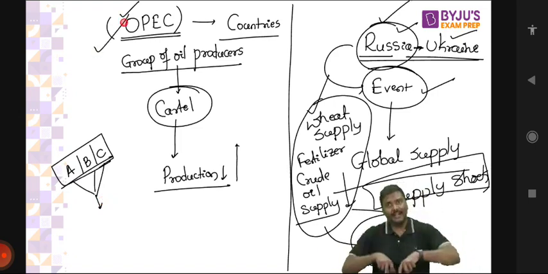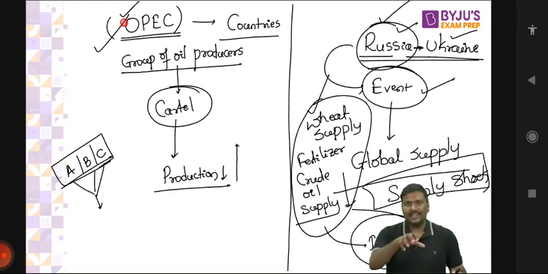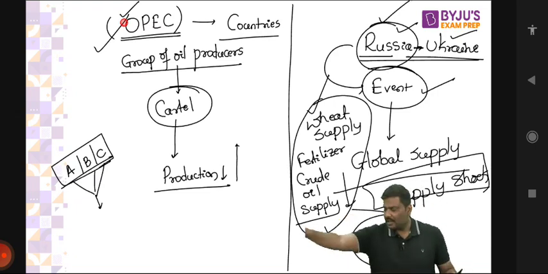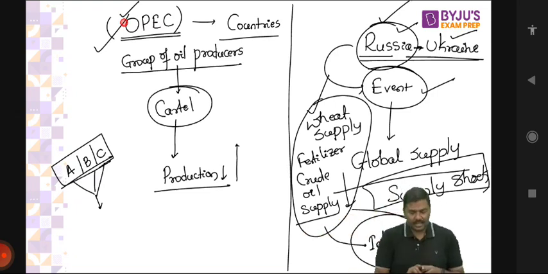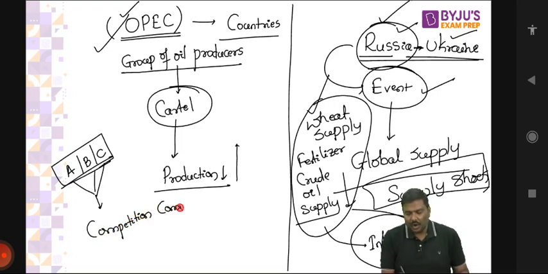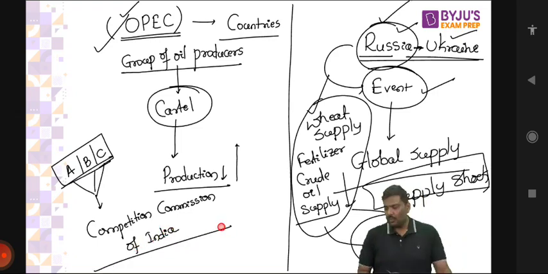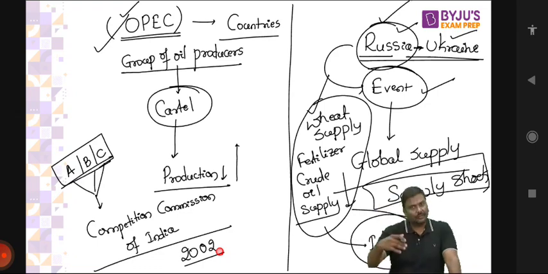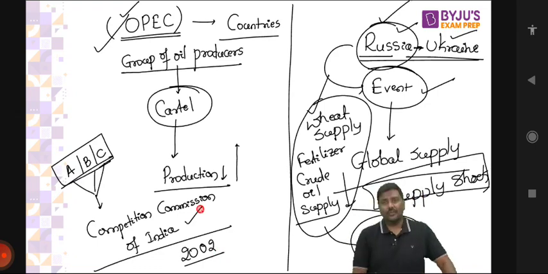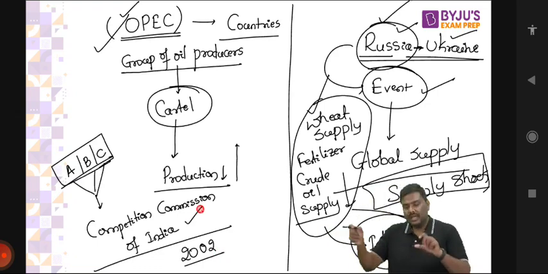Cartelization in India is illegal. If there is a possibility of a cartel, is there any authority which will look into these cases? Please remember this. We have an authority by the name of Competition Commission of India, CCI. The Competition Commission of India was set up under the Competition Commission Act of 2002. Under this Act, we have a statutory body which looks into any cases of cartelization